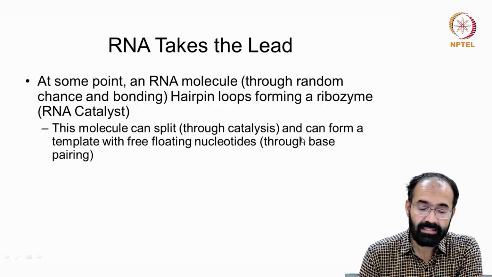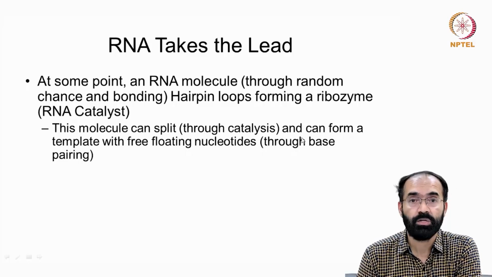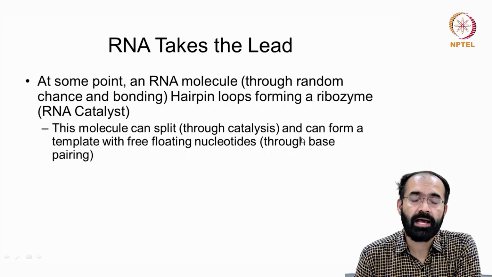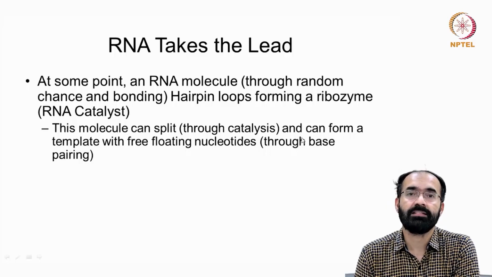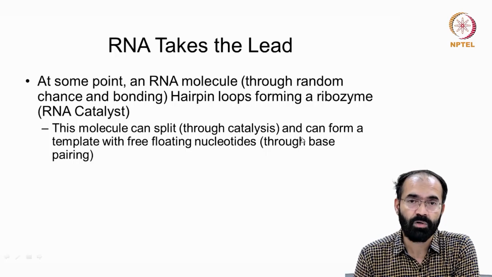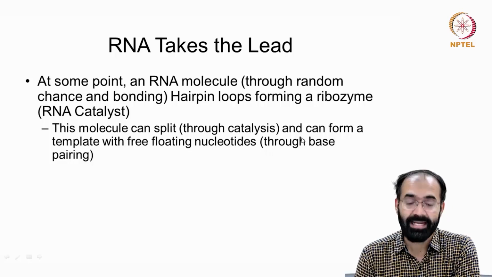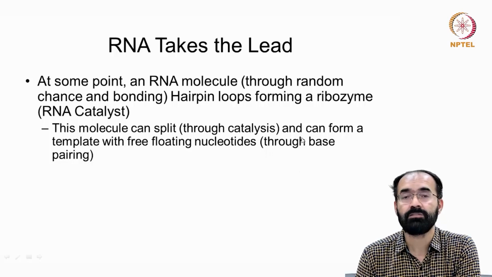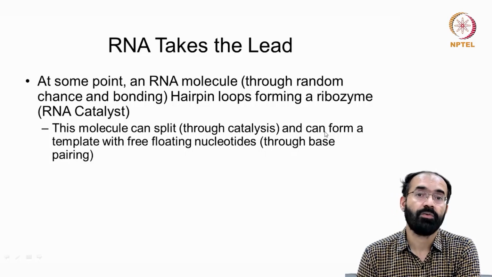So this molecule can then act through catalysis and form a template with free floating nucleotides. Say there is an RNA molecule that has 10 bases, another RNA molecule that has 50 bases, another RNA molecule that has 200 bases, none of them able to make a copy of itself. Now comes a new RNA molecule having 200 or 500 bases, which can make a copy of itself. Then what will it do? It can catch hold of these non-replicating RNA molecules and cleave their bonds and use that energy to try to make a copy of this newly formed molecule.